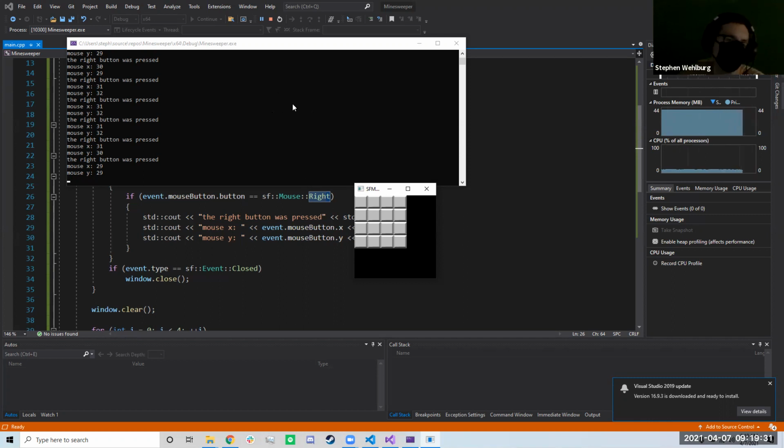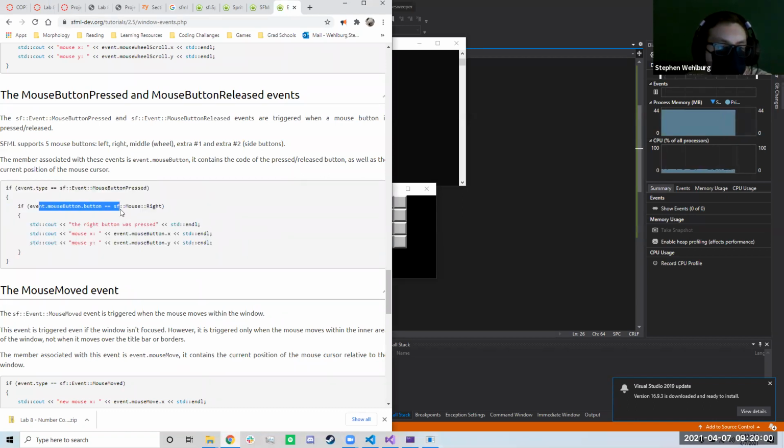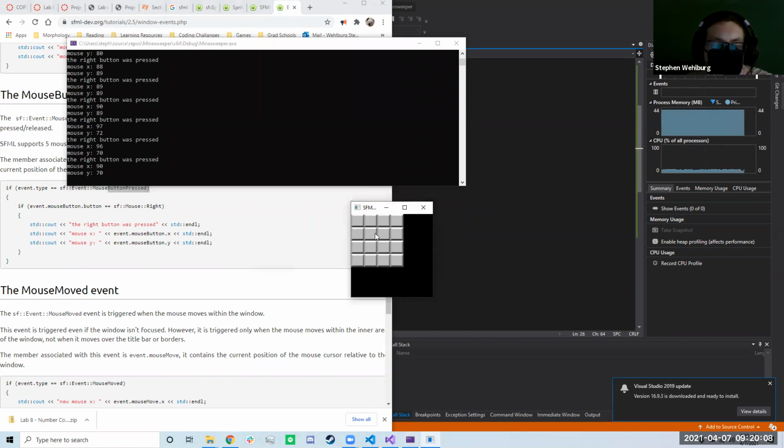What am I trying to say there? Oh yeah. Yes, there's a very easy operation to go from the XY coordinate to what tile you click. And it has something to do with the fact that these are integers. So I'll leave it to you guys. But for mouse clicking, just in general, so right here, this thing right here, this is mouse. If the event is mouse button pressed, it'll print something here. The only thing you got to watch out for is that if I hold down right click,